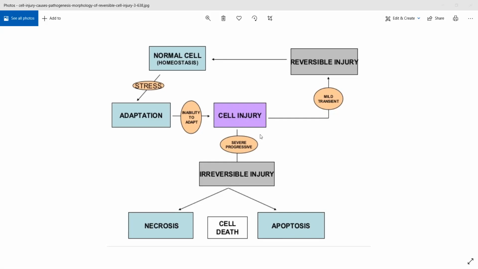In case cell injury is persistent, if it is progressive, and suppose the stress is very, very severe, at that point your cell will undergo irreversible cell injury where there is no coming back. In reversible cell injury, once the stress is removed, that cell can recover. It can come back to normalcy. Irreversible injury cannot. Once irreversible cell injury occurs, more often than not the cell will either undergo necrotic death, or it will undergo apoptosis, wherein your body decides that this cell, or this bunch of cells, this tissue is worthless, it is not functioning anymore, so we need to eliminate it from the body.